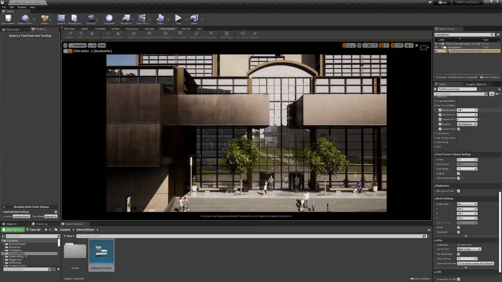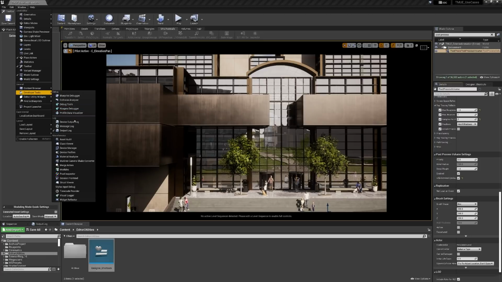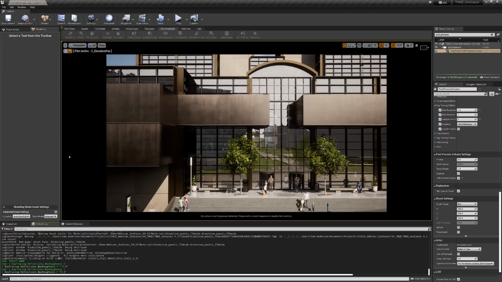Now, this is one option for controlling that max roughness. Now, we can also type it in using a console variable. The console variable allows you to have control over specific settings in the editor by typing in the console of the program. To do this, you can go up to the Window tab on the left-hand side, go down to Developer Tools, and pull up your output log. I can go down and type in the console command here.